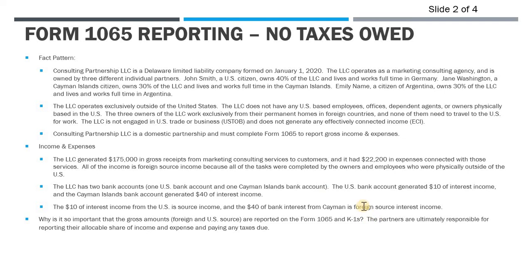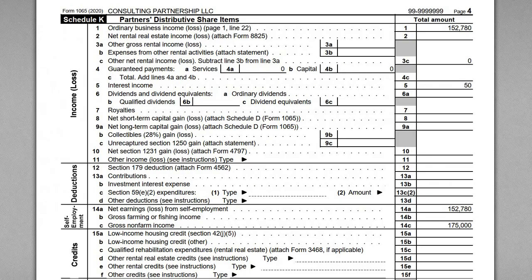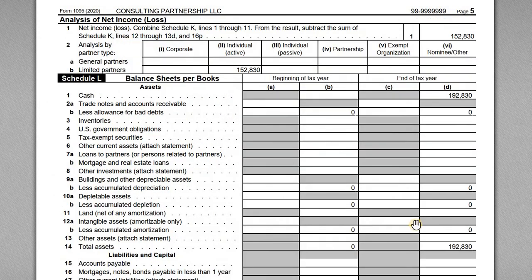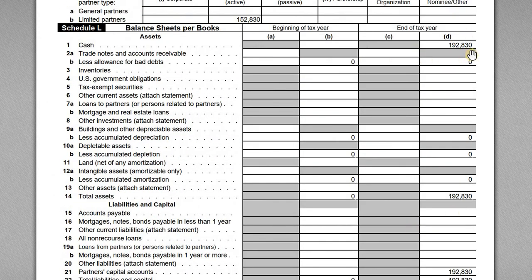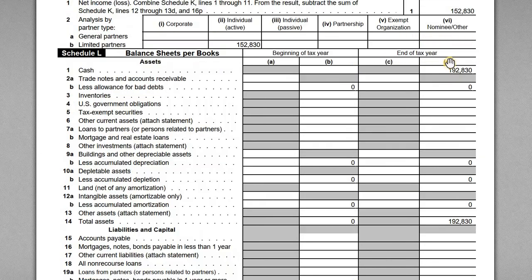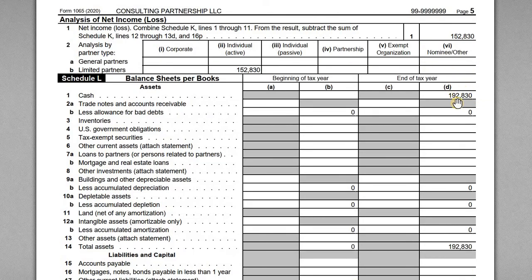So why is this important? Well, because the U.S. bank account generated $10 of interest during the year, and then the Cayman Islands bank account generated $40 of interest. So if I go back to the 1065, let's look at the balance sheet here. So the balance sheet, we've got a cash account, $192,830 at the end of the year. So what we're saying is that within this $192,830, they have a couple of bank accounts, one of which is in the U.S., the other one is in Cayman, and they had some interest income earned